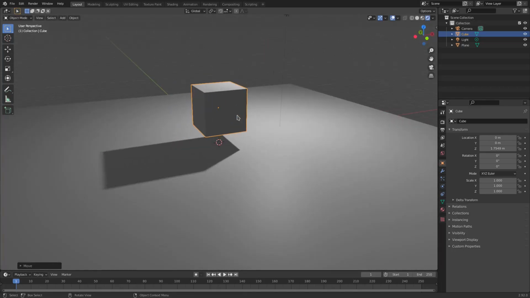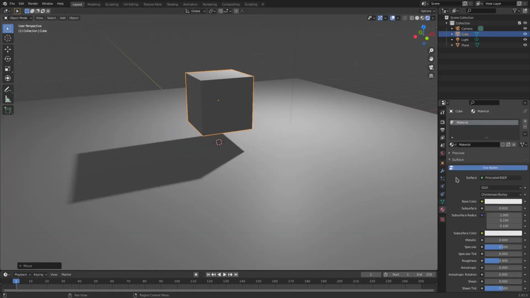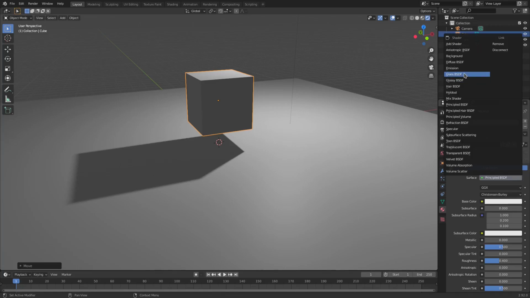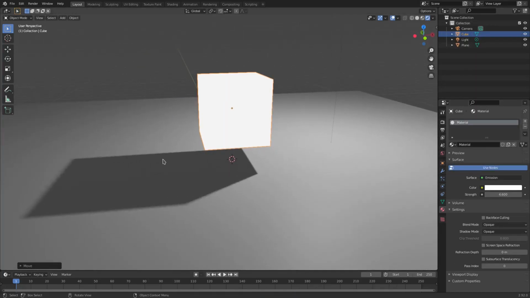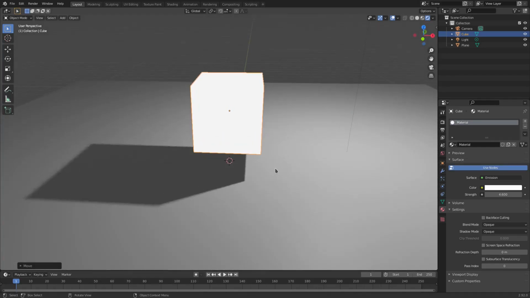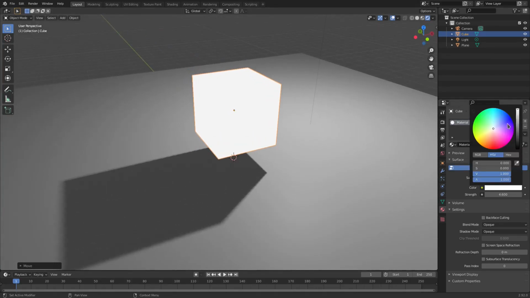Now let's say I want this cube not to have a shadow. Because maybe I want it to be like a hologram or something, you know what I mean? It's like emitting light. Why does it have a shadow? That doesn't make sense. So what we're going to do to fix that is we're going to go ahead and